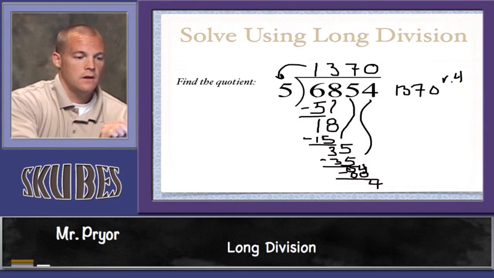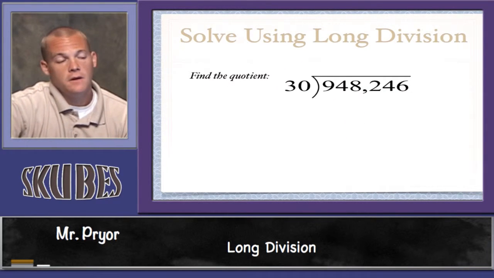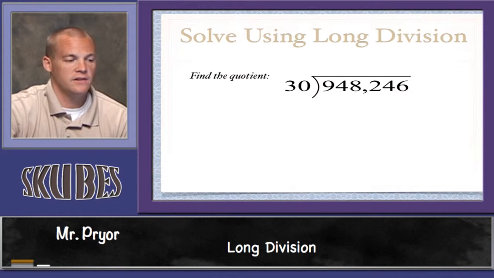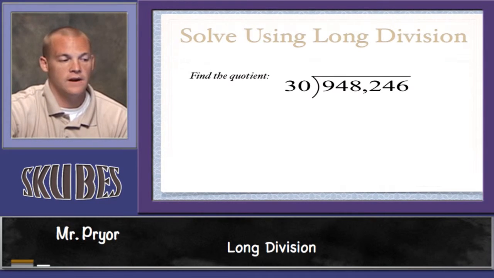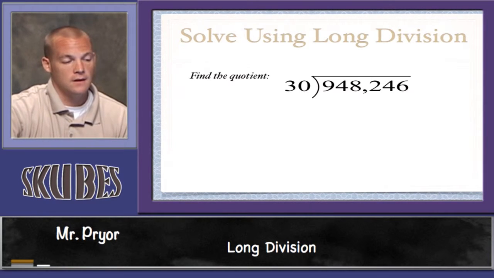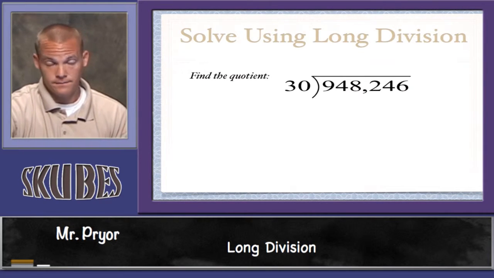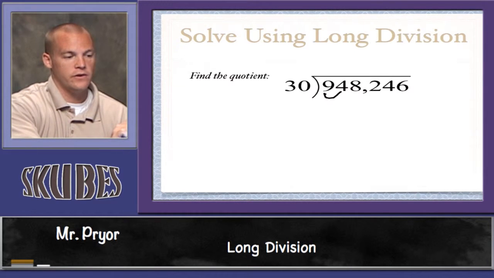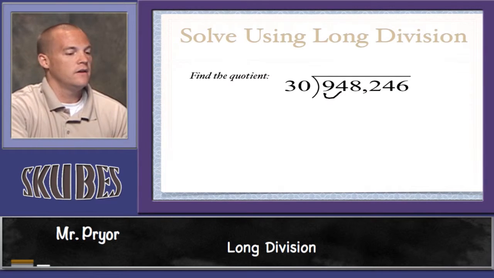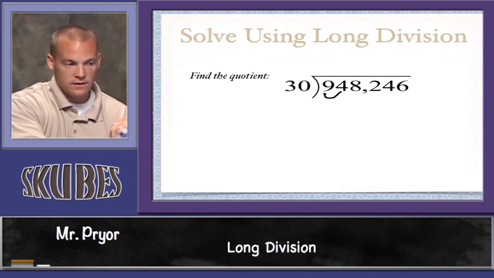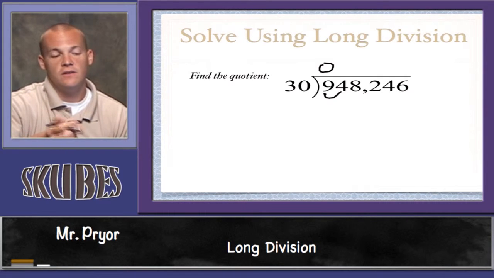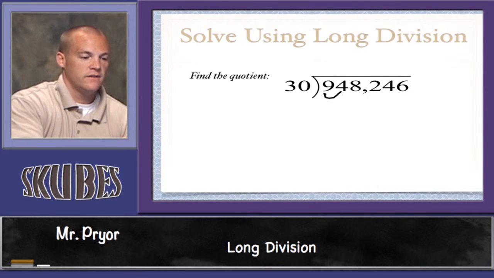All right. Let's look at one more example here. A little bit longer of division, I suppose. We're dealing with a double-digit number outside, so we're going to divide 30 into 948,246. So the first thing we need to do, again, is figure out how many values in we need to go. So because 30 cannot go into 9, we can either hold the place with a 0 and go ahead and multiply it out and then continue the division,